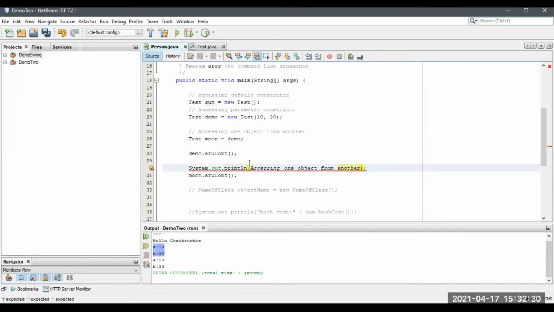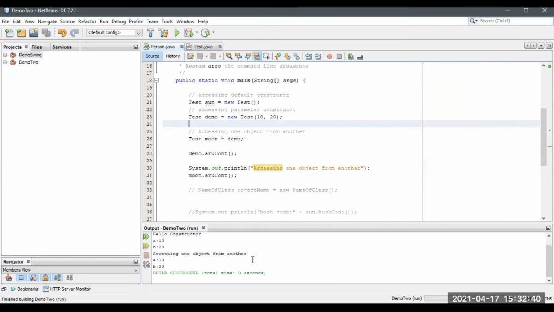Okay, if required, note it down. Don't hesitate. Okay, let me run it again. Run this file. This is for the augmented constructor for the demo object, and this is for the moon object. So this object has been assigned to the newly created moon object of the test class.